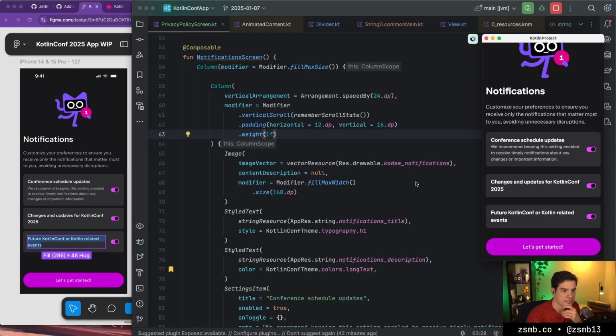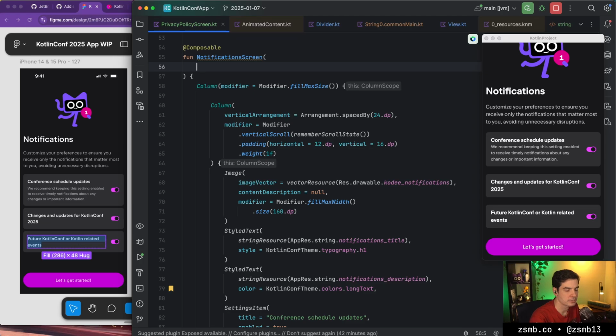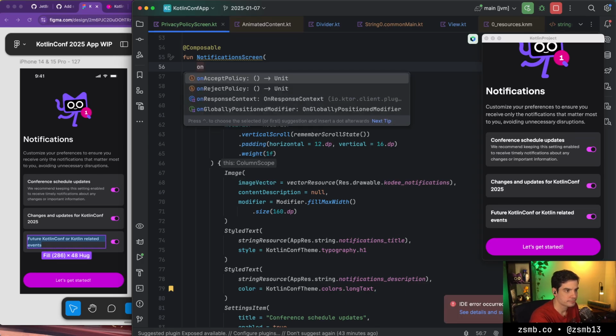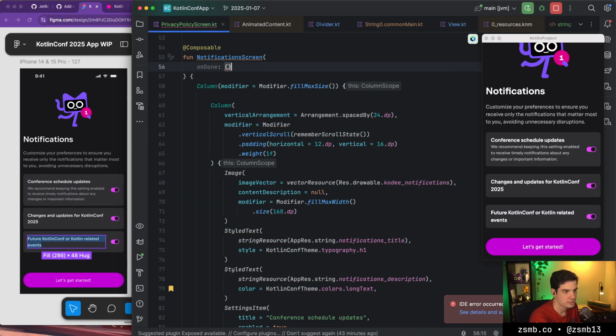So I imagine that whenever this button is clicked, we'll proceed to somewhere else and we want to pass the current state of the toggles to the app. But until then, we probably don't need to notify whoever's calling this function of state changes. So I think we'll just have an onDone function or something like that. And we'll pass this a bunch of different parameters. So schedule updates and